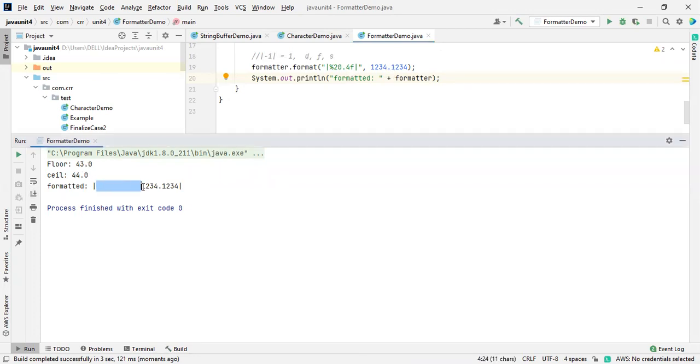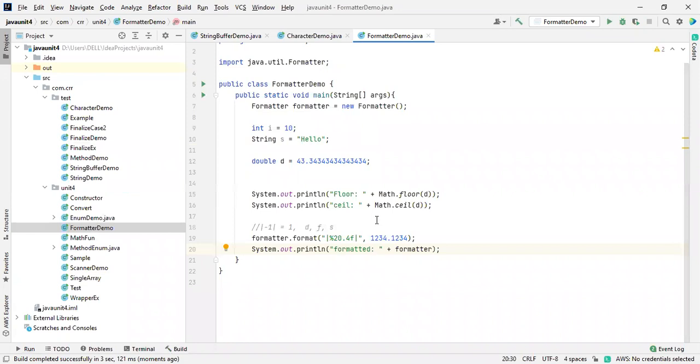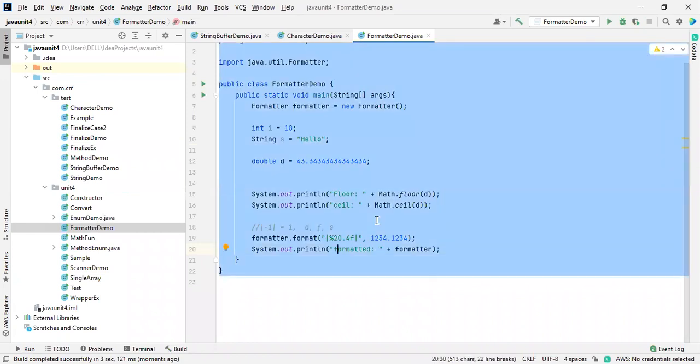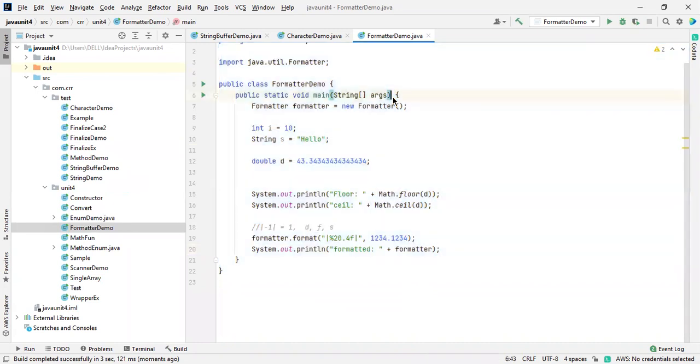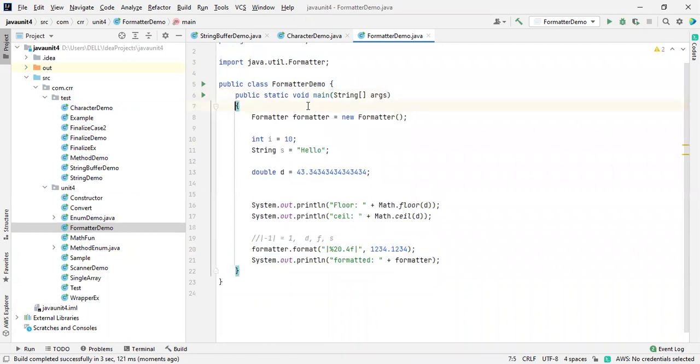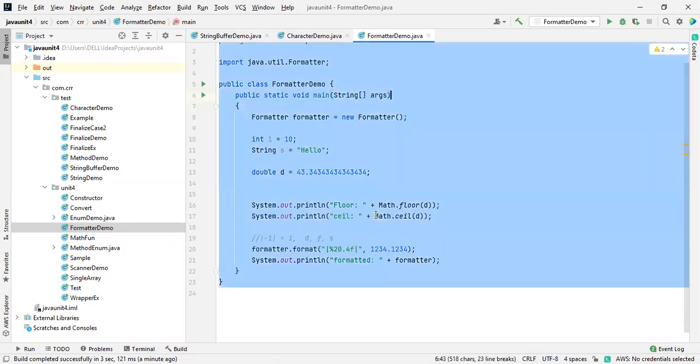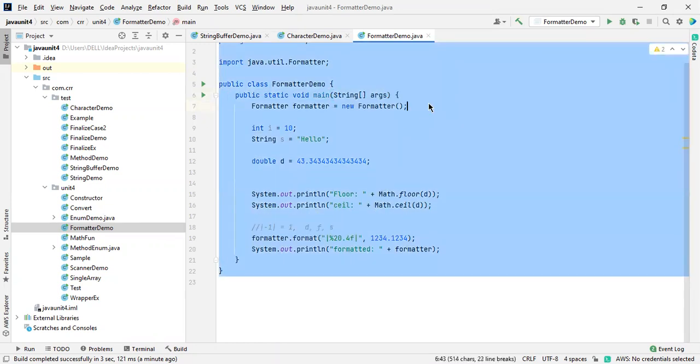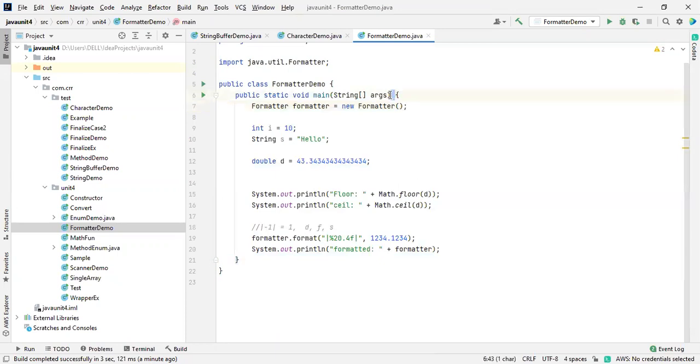This we call a format, because I already told you this one. If I want to format this whole program, I select Control A and Control Alt L, so everything will be spacious. See, I have just removed the space over here, I just pressed enter. I want to format the whole program. By selecting it, the braces will come over here according to the coding standard. This is all about formatting. Formatting in the sense, arranging in a proper manner.